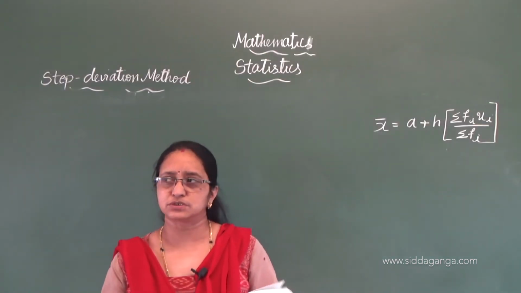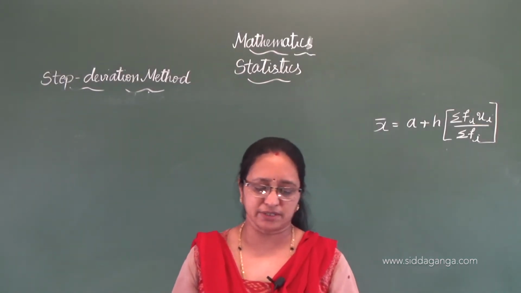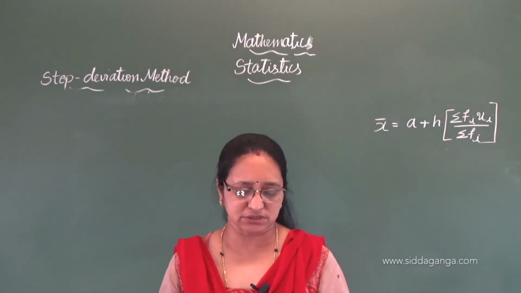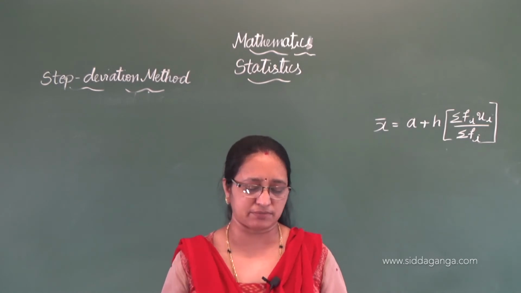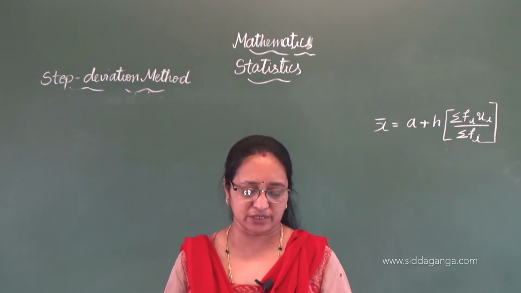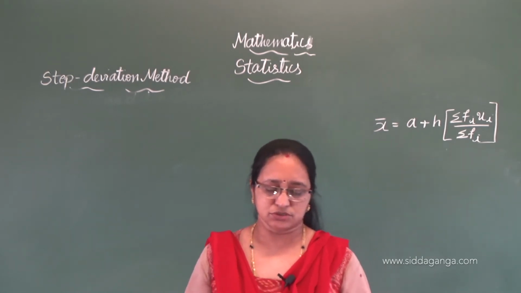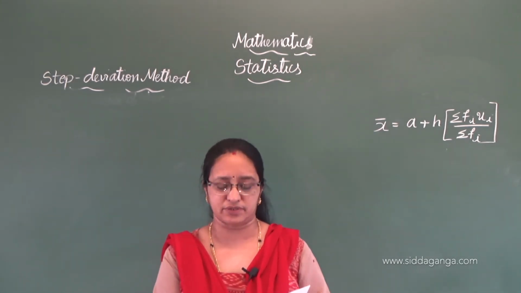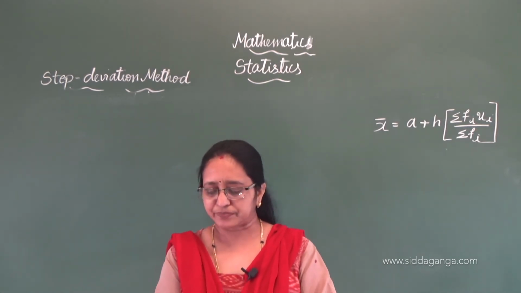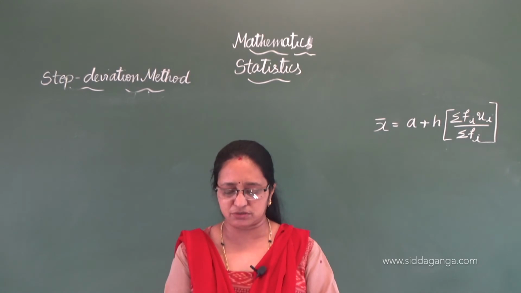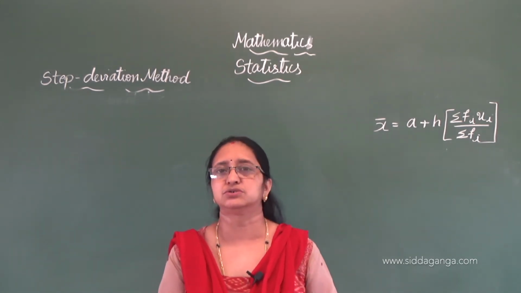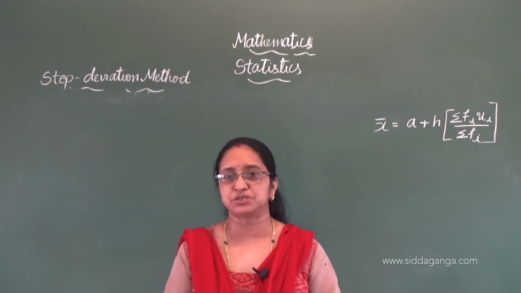Okay, we shall do the 5th one. In a retail market, fruit vendors were selling mangoes kept in packing boxes. These boxes contained varying numbers of mangoes. The following was the distribution of mangoes according to the number of boxes. So number of mangoes and number of boxes are given. Find the mean number of mangoes kept in a packing box. Which method of finding the mean did you choose? So let us do it using the step deviation method.